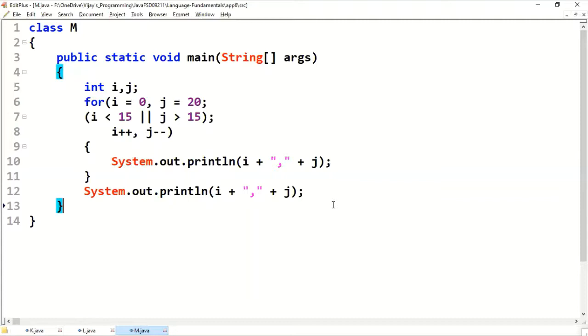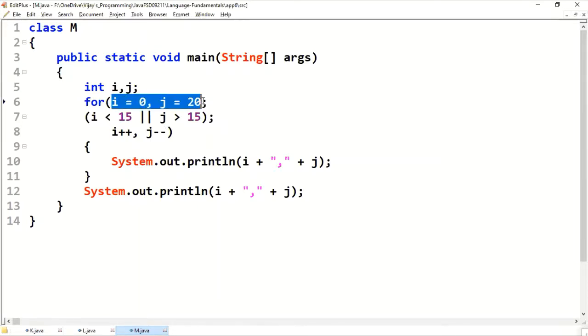You need to develop how to think logically. We know how the double OR operator works.